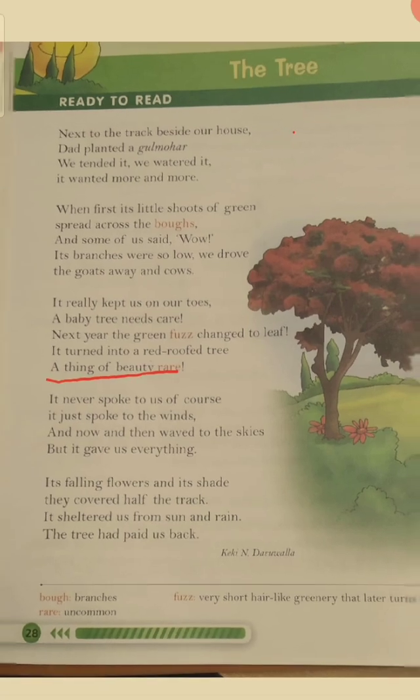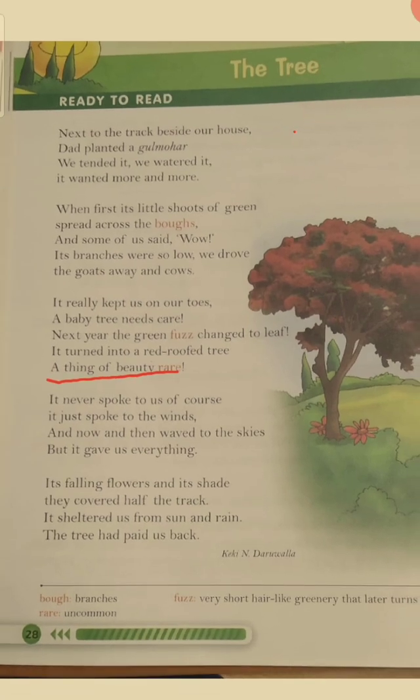So when the small tree becomes a full-fledged tree, its top part becomes like a red roof. Yes, and this is so beautiful to see. So the speaker says a thing of beauty rare. Rare means uncommon beauty. That means when that small tree becomes a full-fledged tree, its beauty was uncommon. Yes. Next,